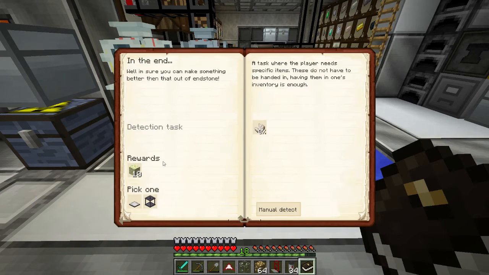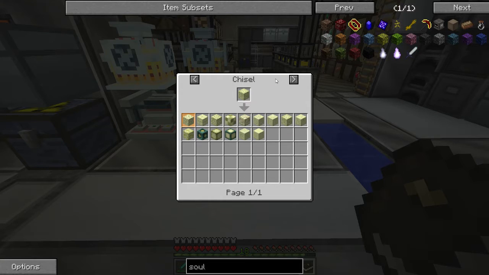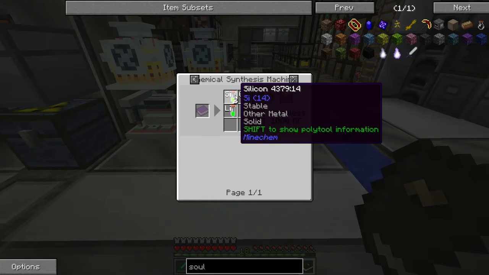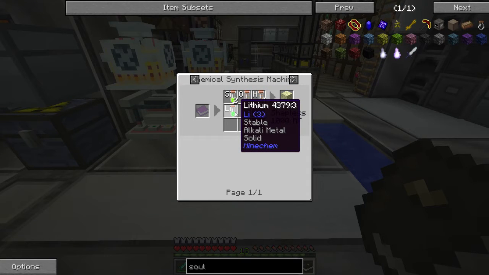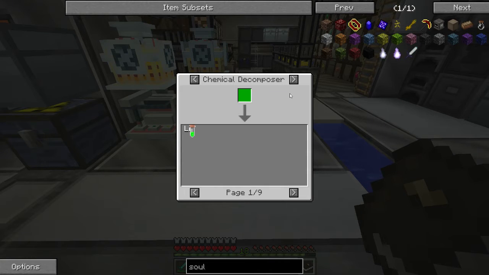And then we've got the End. Well, I'm sure you can make something better than that out of endstone. So this is where I need to get nether quartz from, and it gets me endstone. I actually want to know the recipe for endstone. Silicon, oxygen, hydrogen, and lithium. And the lithium comes from...